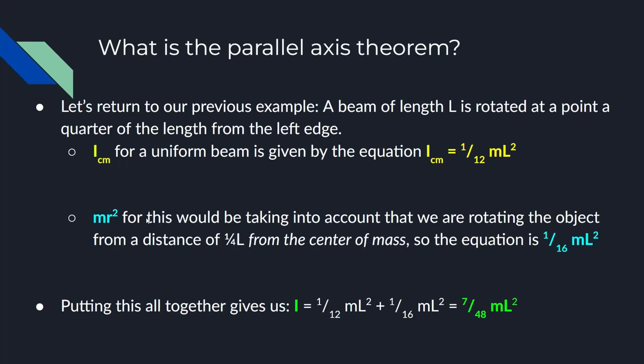And we know what the distance is because it's 1/4 the length away from the left edge. We know it's also 1/4 the length from the center, which is halfway. So we know it's 1/4 the length from the center of mass. So I plug in 1/4 L for R, and that gets me 1/16 ml squared for that second term. So I just take these two parts and add them together to get 7/48 ml squared,